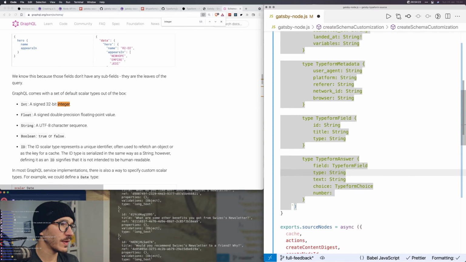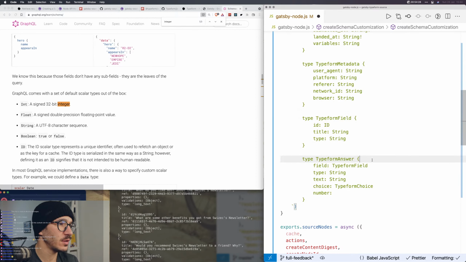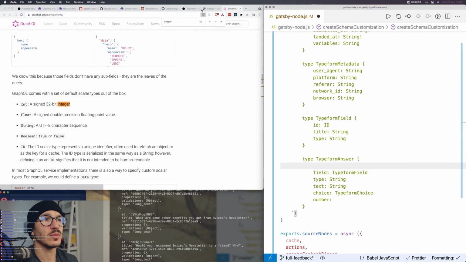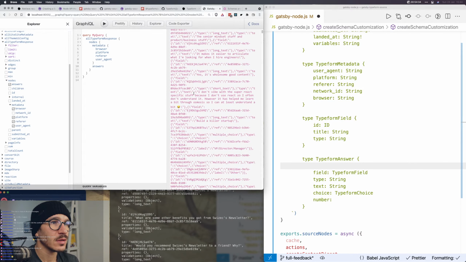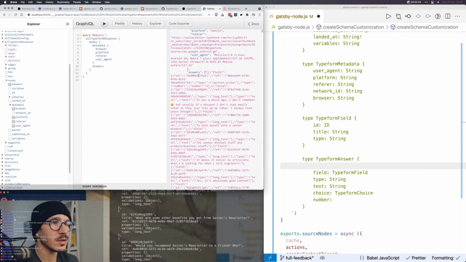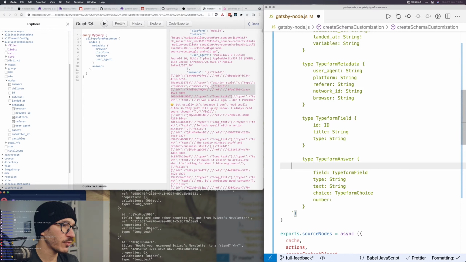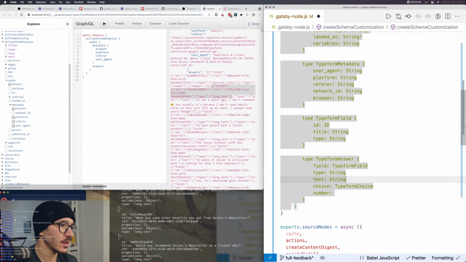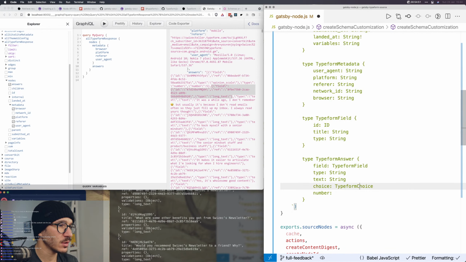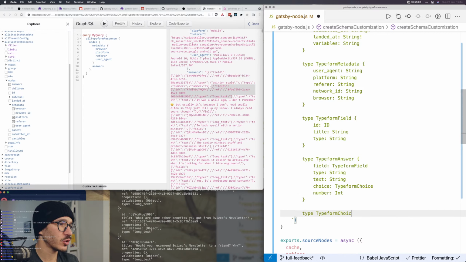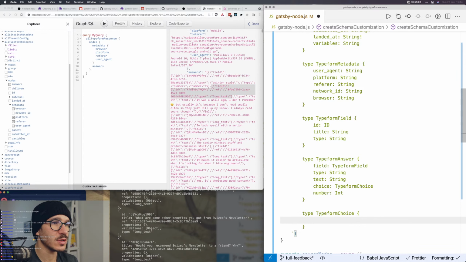So we're gonna say this ID is actually an ID, and the answers also, we said, had IDs, didn't they? Does the answer have an ID? Doesn't look like it. No. So Typeform answer has a field, has a type, which is a string, then it has either a text or a choice or an int, and we say Typeform choice, which is, what